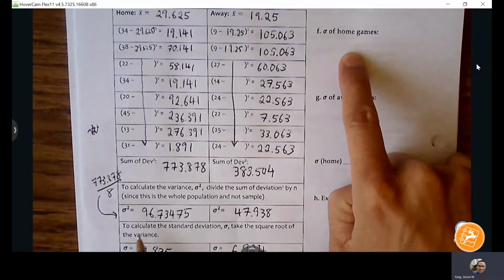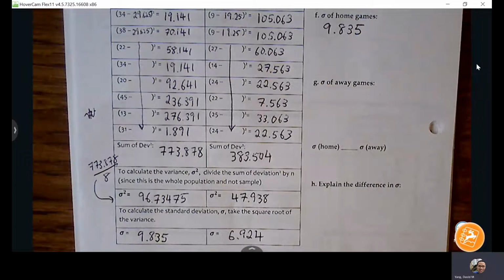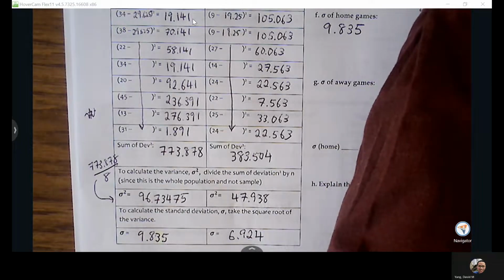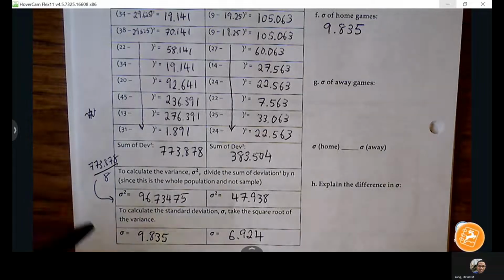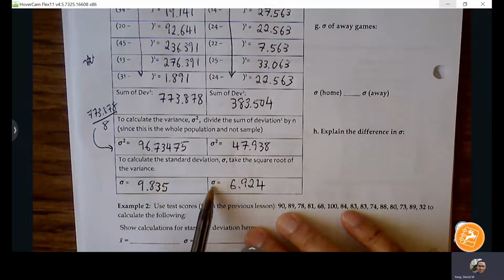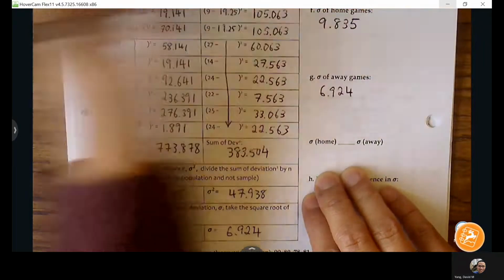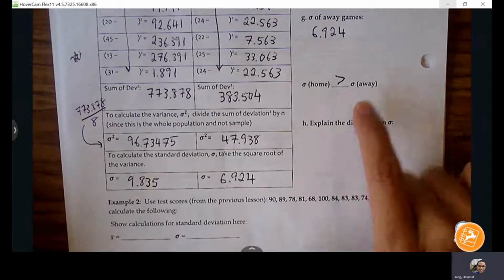So the standard deviation of home games, we can write that here. This notation is lowercase sigma, a notation that indicates we're talking about standard deviation. 6.924. So the standard deviation at the home games is larger than the away games. The difference, to explain the difference here, is that